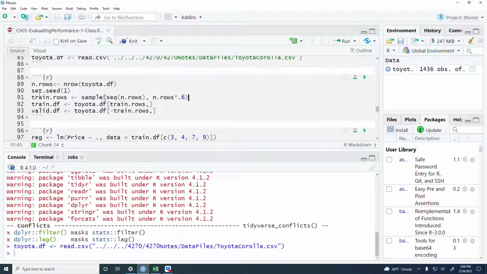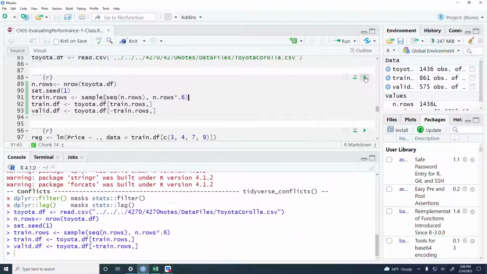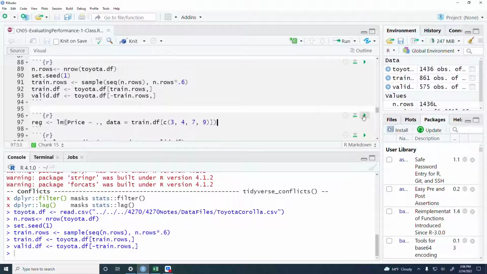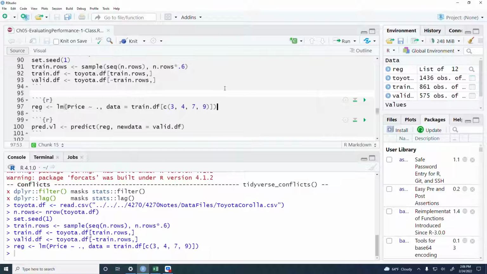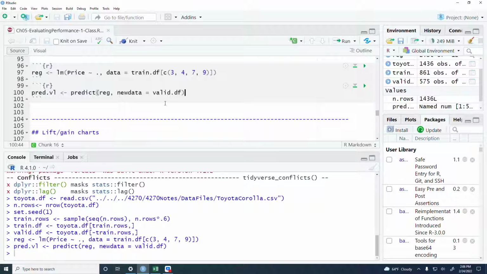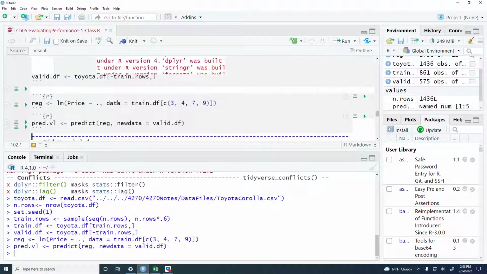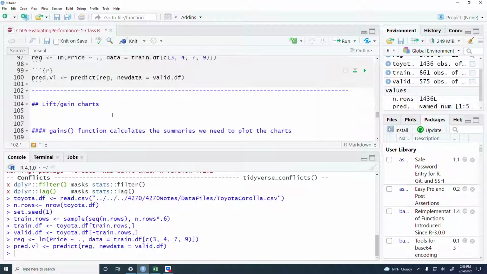And I need to partition and run the regression. And this is the Toyota data set. So I run the regression and then I compute the predicted values of the validation set. So we have to run all of this so that we are back to where we were when we left off on Tuesday. Once that is done, now we can